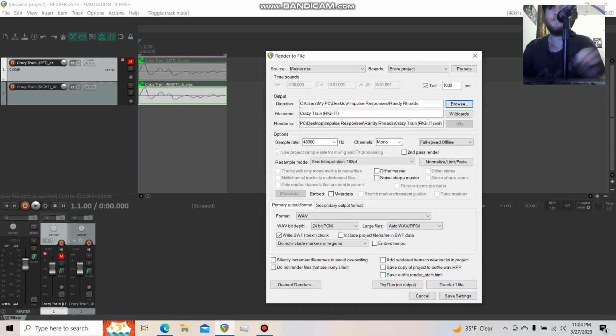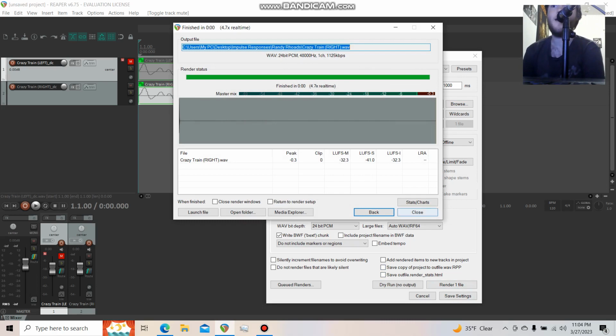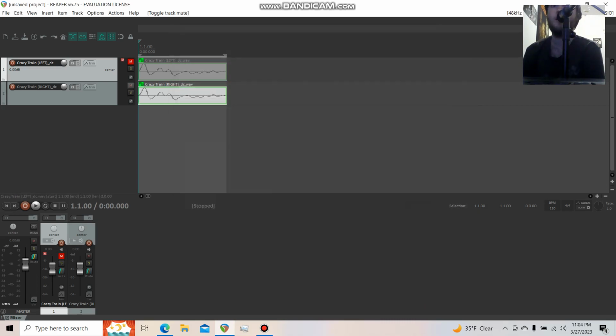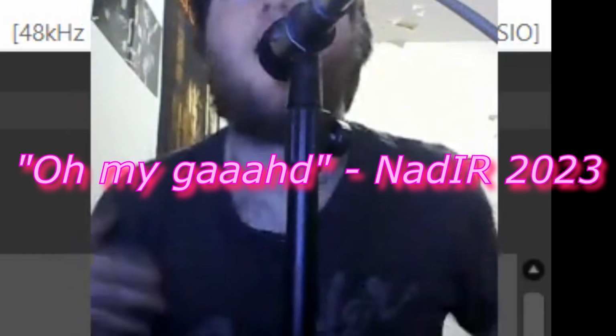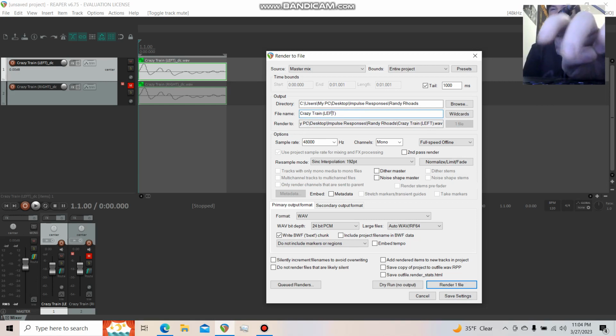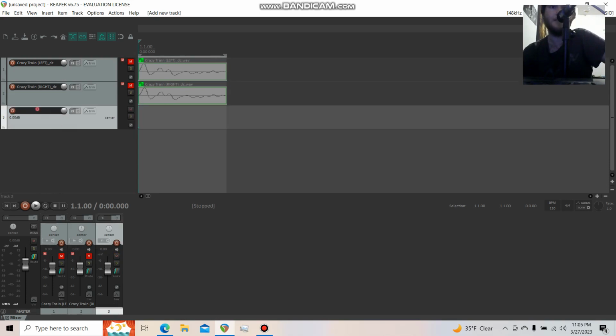This is basically what you're doing. You already made the impulse response, but you're going to render it as a file so that your impulse response loader can, you know, load it. Left. If all went well, we can now do